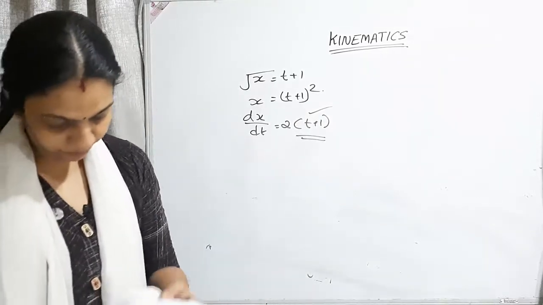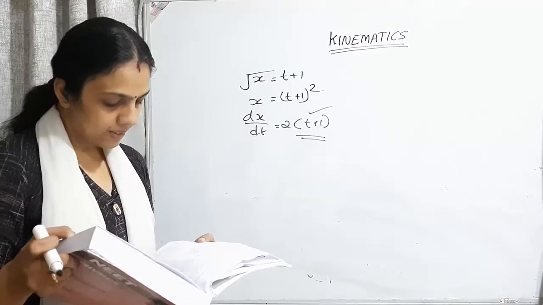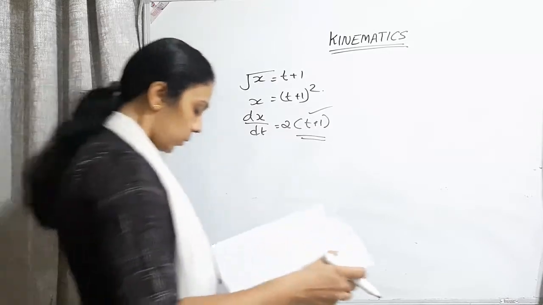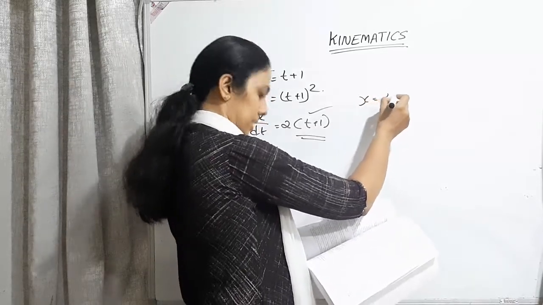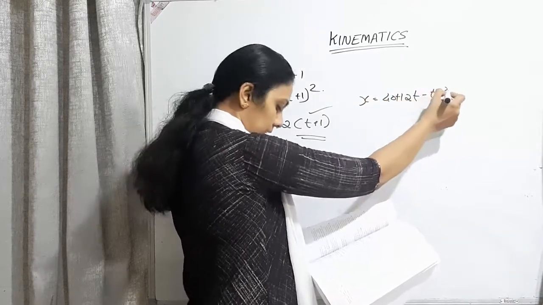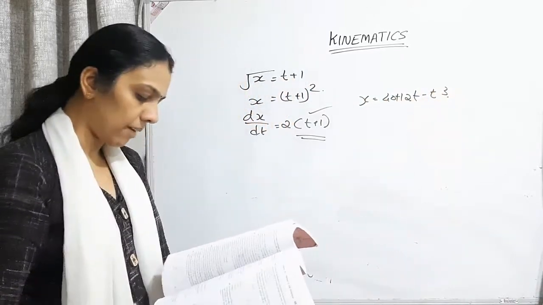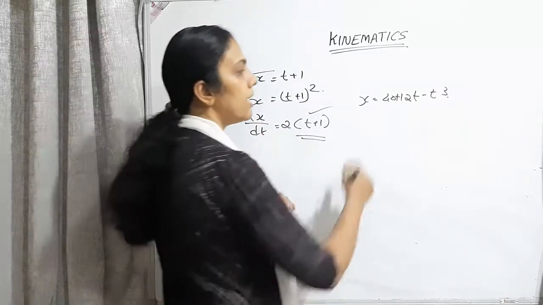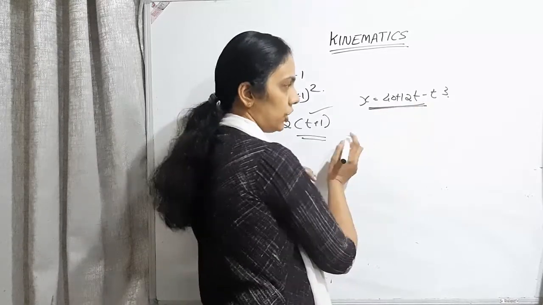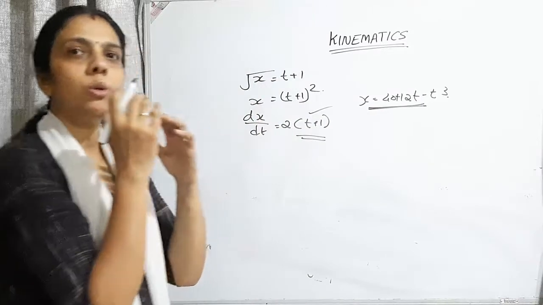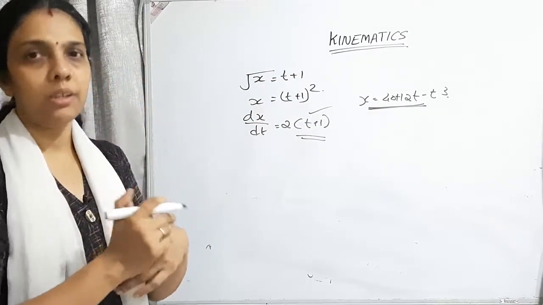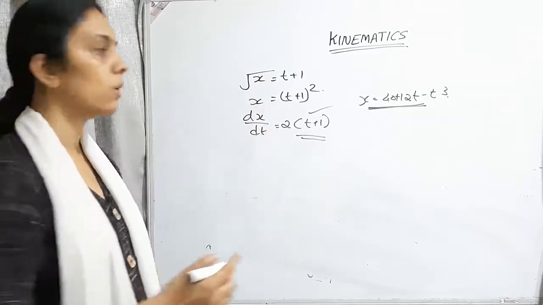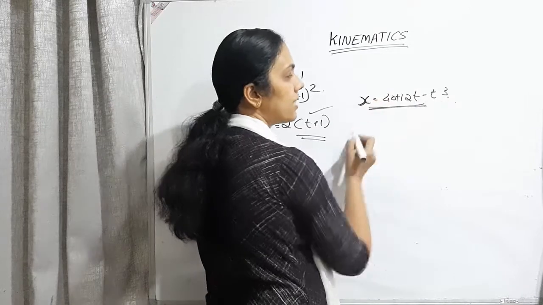So next question: a particle moves along the straight line OX. At a time t, the distance is x equals 40 plus 12t minus t cube. How long would the particle travel before coming to rest? So before coming to rest, how long will it be traveling? At what time will it come to the rest position? If you get the time, you can easily find the distance covered during that time, because the position relation is given, right?